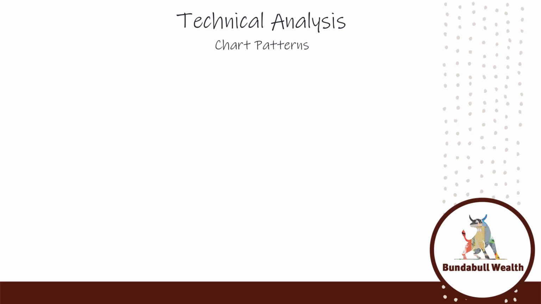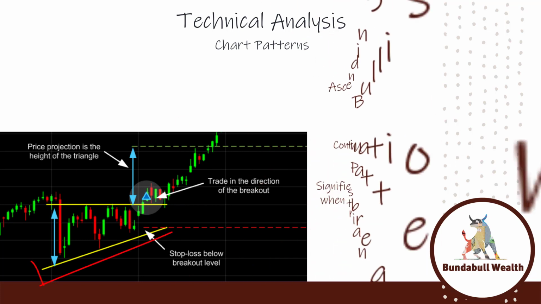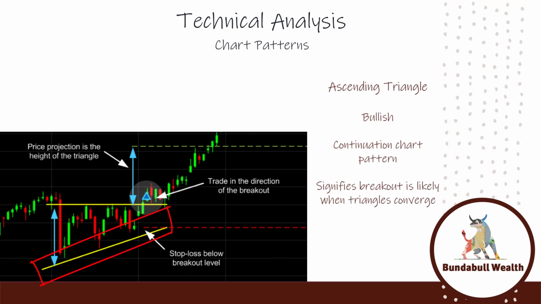The ascending triangle is a bullish continuation chart pattern that signifies a breakout is likely where the triangle lines converge. To draw this pattern, you need to place a horizontal line, the resistance line, on the resistance point and draw an ascending line, the uptrend line, along the support points. This suggests that there is enough selling to absorb the buying at the same price. The support level, however, is sloping upwards. This suggests that the buyers are becoming progressively more aggressive and are increasingly willing to pay higher prices.